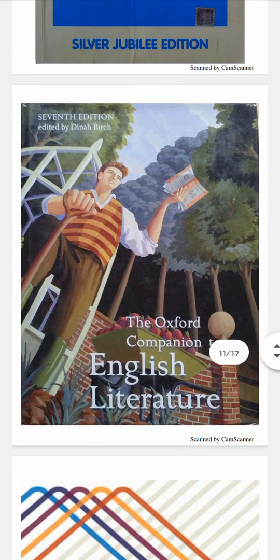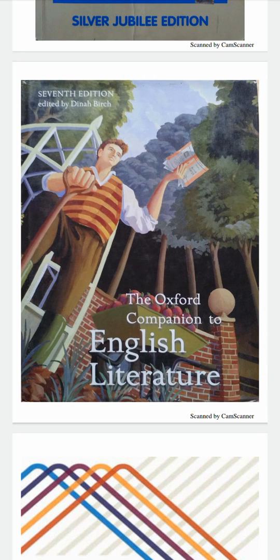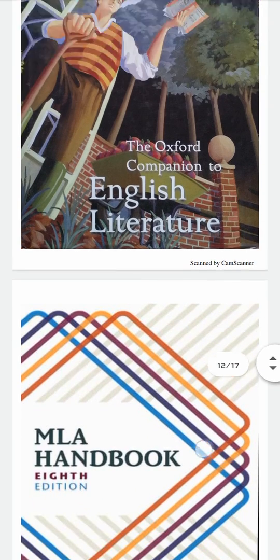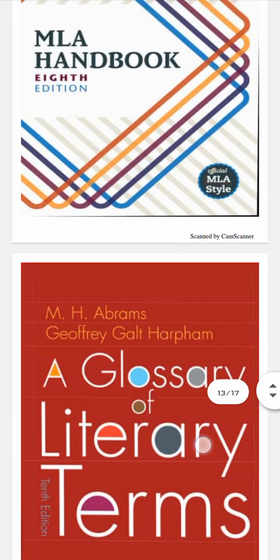Now talking about the Oxford Companion, it is a very deep book. The presentation is very interesting, and you will really get a nice idea of how vast literature is, and from the English literature point of view you will get a really great book. And talking about research methods, this is really good. I personally own it, and I really recommend you get it.